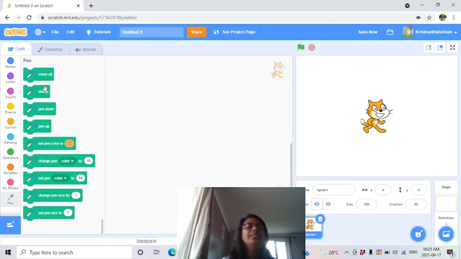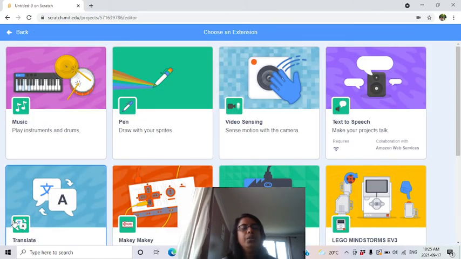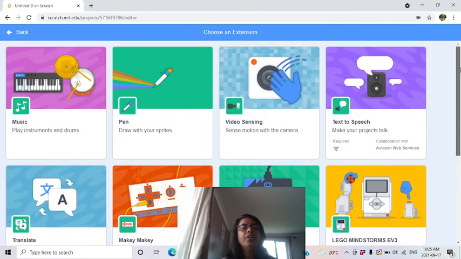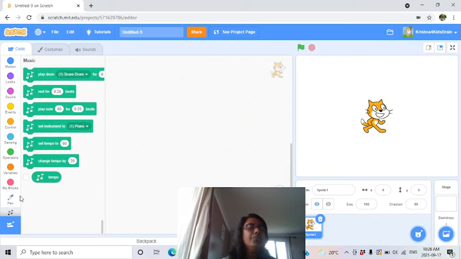Okay, so you can use this kind of blocks. If you want to erase it or pen up, pen down: pen down means it will draw, pen up means then it doesn't draw. Or then after drawing you can erase it. So all those coding you can do with this option, right? So this is how you can add new ones; these are called extensions in Scratch. There are many extensions, so you can select one of them and enjoy it. Or if you want something specific to the music, you can select it, so the music one will come. It's down here.